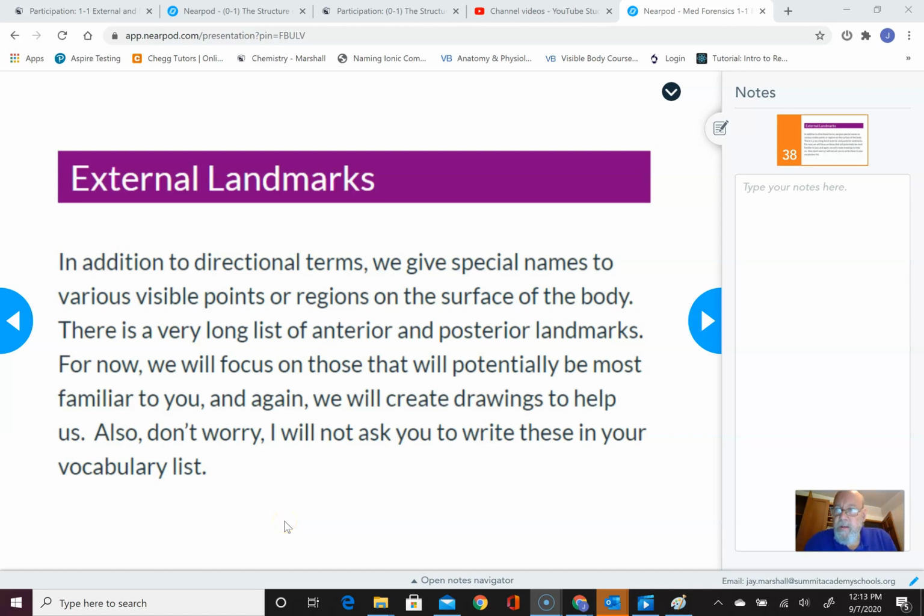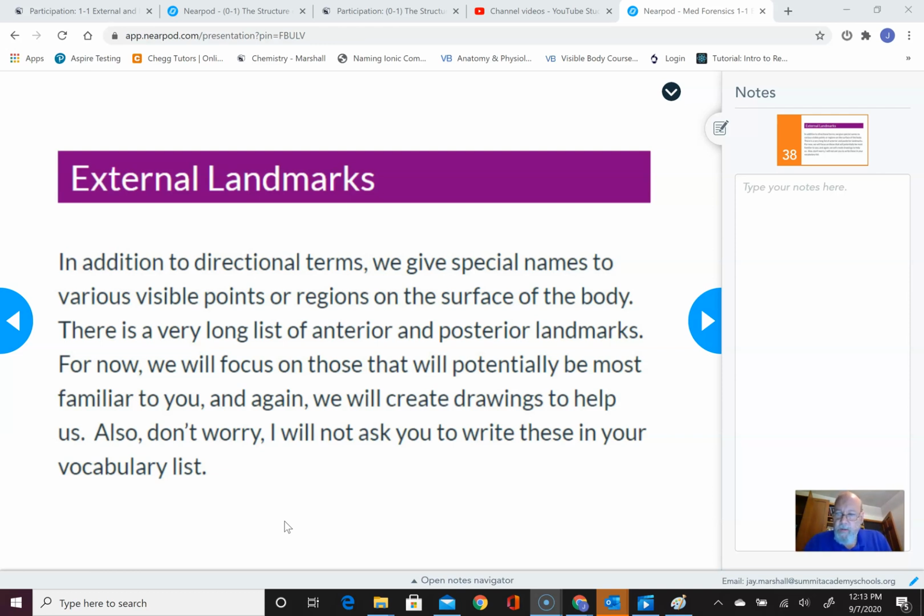Okay, so this is the third video for the external and internal directional and locational anatomy part 1. Okay, so in addition to directional terms, we give special names to various visible points or regions on the surface